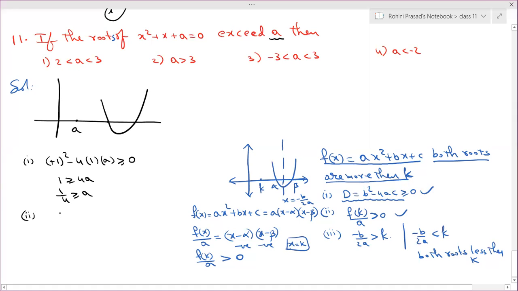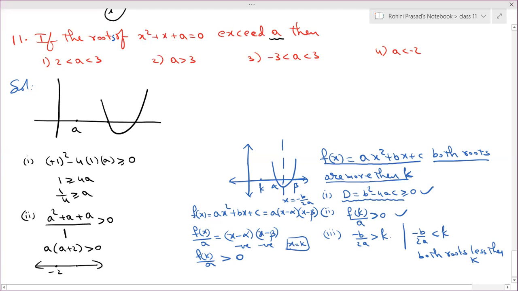And then the next condition is f of k by a greater than 0. K is a for us. So you substitute a in place of that. So a square plus a, and already one a is there. This is f of k by a. But this a is the x square coefficient, which is 1, is greater than 0. So a square plus 2a. So a into a plus 2 greater than 0. So that